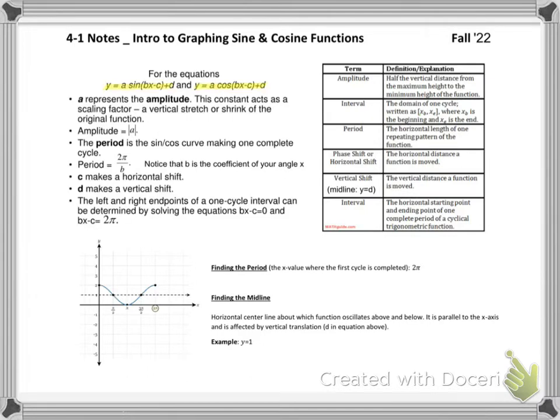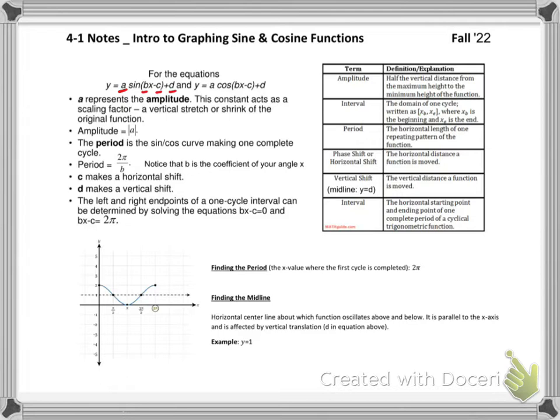One is y equals a times sine bx minus c plus d, and the other one is the same but written in terms of cosine. Now, what I do want you to notice is that in every single one of these, it looks like an alphabet, but the letters A, B, C, and D are going to be replaced with numbers in both equations, and those numbers are going to affect the graph and cause it to transform in certain manners, whether it causes it to move up, down, as far as vertical translation, left, right for horizontal, and then compression,